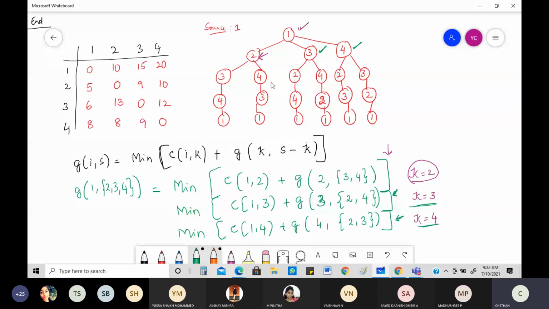So now your job is, if you take 2, there are other 2 options. What are the 2 options? 3 and 4. Check here, 3 and 4. If you take 3, again 2 options, 2 and 4. Check it, 2 and 4. If you take 4, 2 options, 2 and 3. Check 2 and 3. So using this formula, we can find out the values of each and everything like this. Correct? Okay. So how many things are you going to get? You're going to get a lot of equations. What you're going to show in exam, you can show at least for one complete equation.